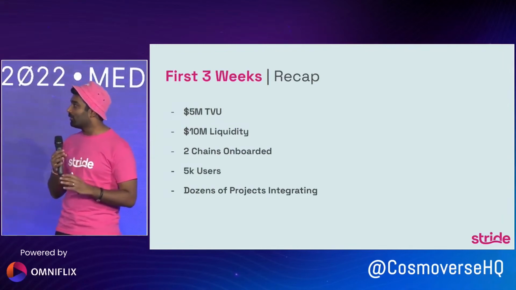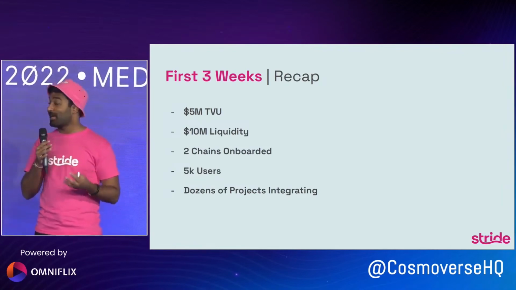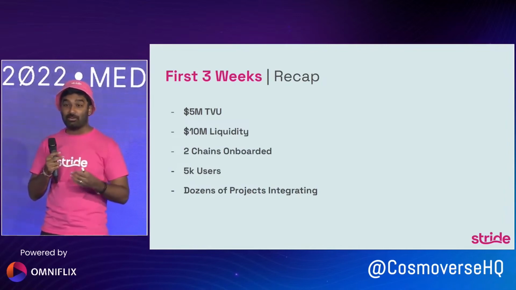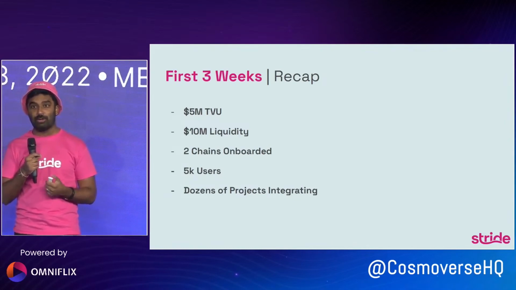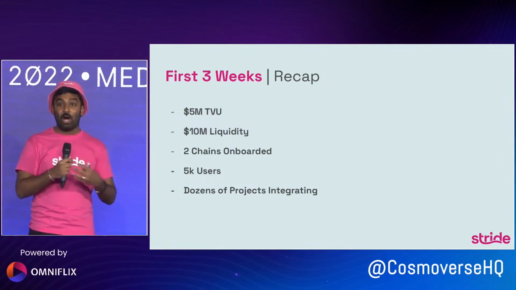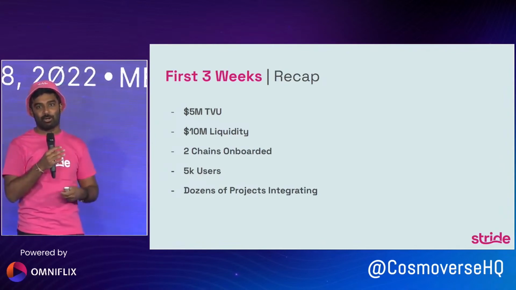So, I told you a little bit about what we think differentiates Stride. Right now, we're right around 3 weeks after the Stride mainnet has launched. Around September 5th, Stride first launched stATOM, which allows you to liquid stake your Atom on Stride. Since then, we've unlocked $5 million of value. This means that users have liquid staked $5 million with Stride and now have unlocked that liquidity to go use all throughout the Cosmos, wherever their favorite DeFi protocol lives.